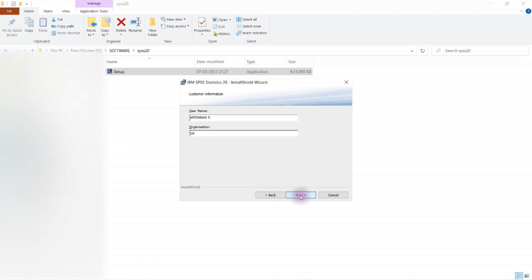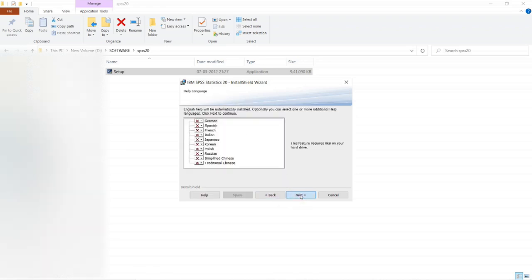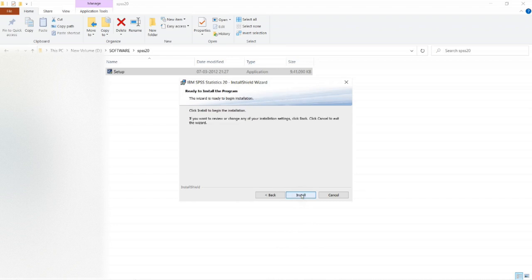Then we have to click on next, next, then next, then install. Now installation process is started. It will take 5 to 10 minutes to install entire software on your computer system. So you have to wait for 5 to 10 minutes depending upon your system's configuration.